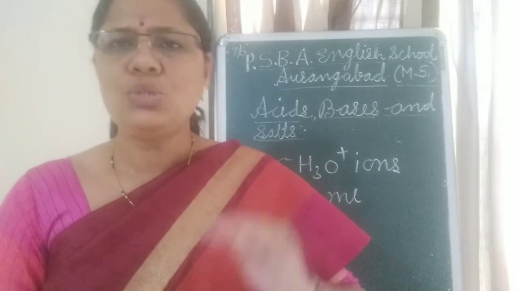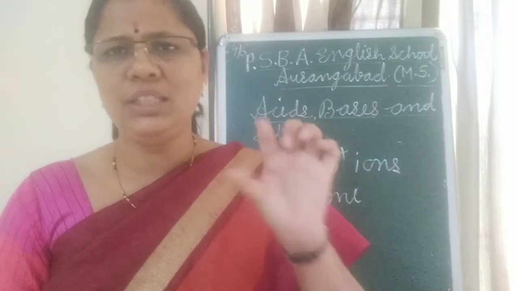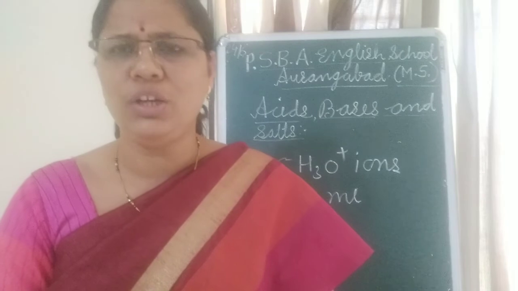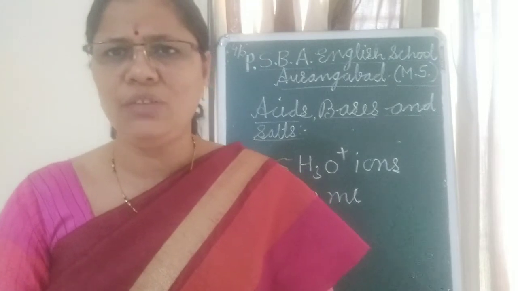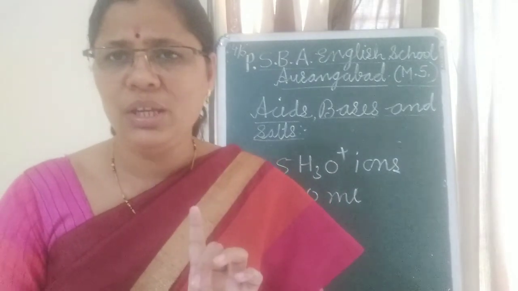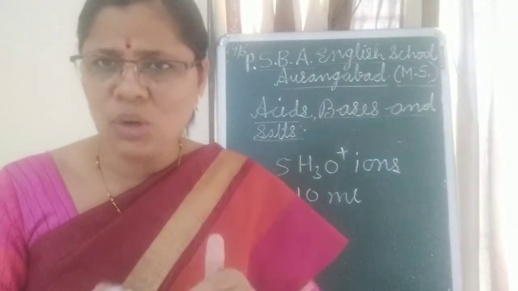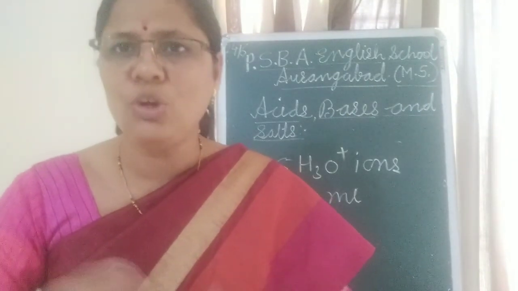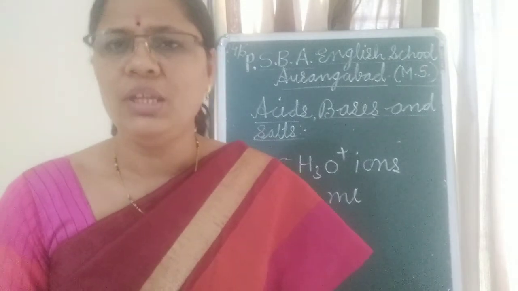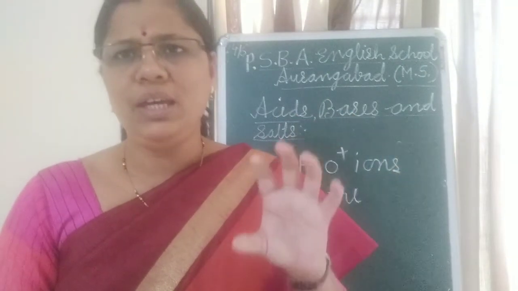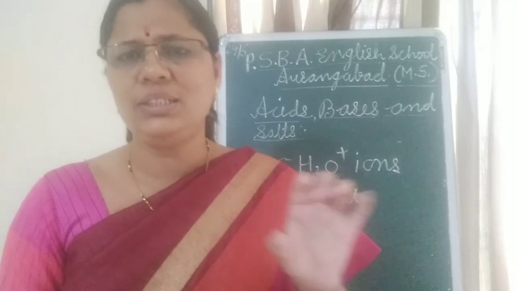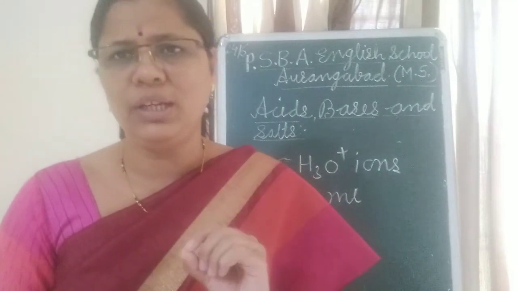Okay children, so 5 ml HCl, that is 5 H plus, when it comes in contact with the water, or there is an addition of water, that is 10 ml we are adding. What have we changed? Have you understood? Instead of 5 ml water, now we are increasing the volume of water, 10 ml we are taking, which means more dilution. So this 5 ml HCl which we have taken, for the time being we have considered that 5 molecules of HCl are there.